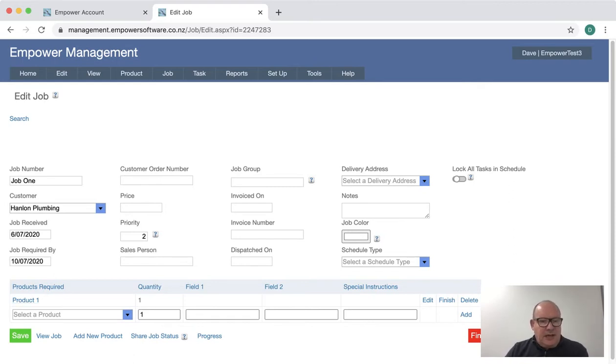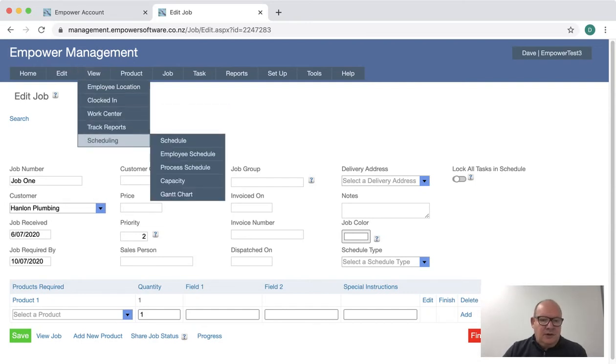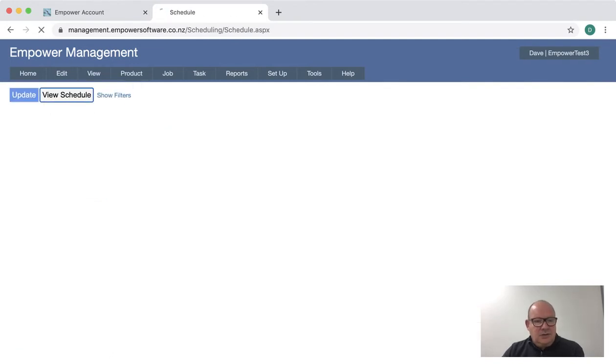Now, when I spoke before about the dates, in essence what happens with a forward schedule is it works forward from the 6th, the date that we've received the job. So we might, for example, say that we want to move forward from the 6th for those 4 steps, whereas a backward schedule would move backwards from the day it's required by. Let me show you what it looks like in the calendar. If I go into View, Scheduling, Schedule, and have a look under View Schedule,